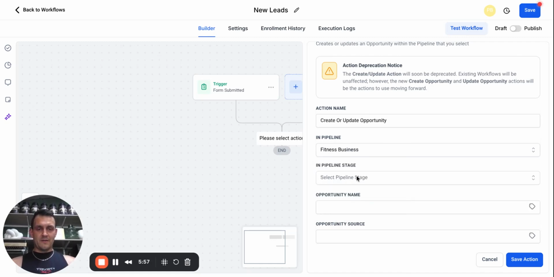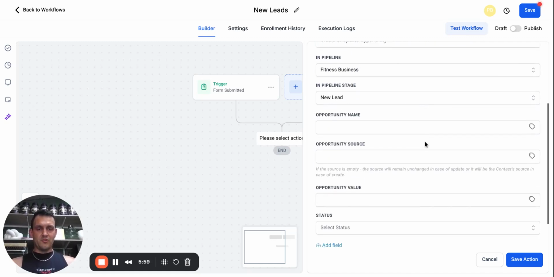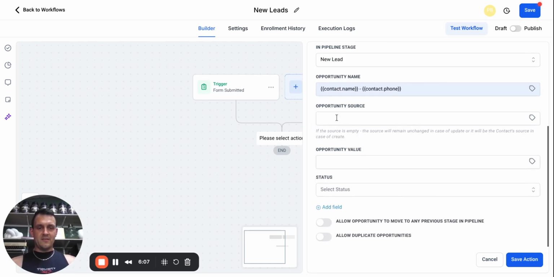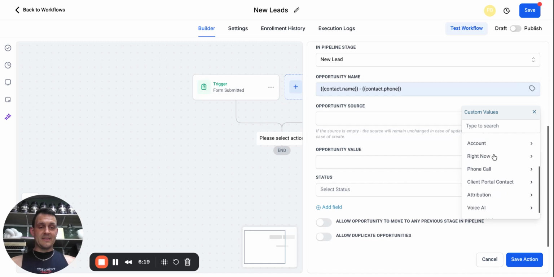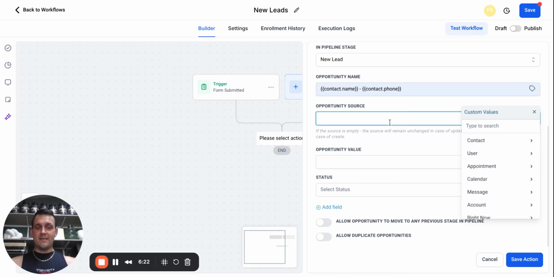We want them to go to our fitness business. We want them to be a new lead. You can use a contact name, contact phone as the opportunity name. That makes it really easy to see who you're working with. If your form is, say, a Facebook form or a particular landing page form that you've got, you can add in the custom value or call it that. So let's call this 30-day nurture no CTA